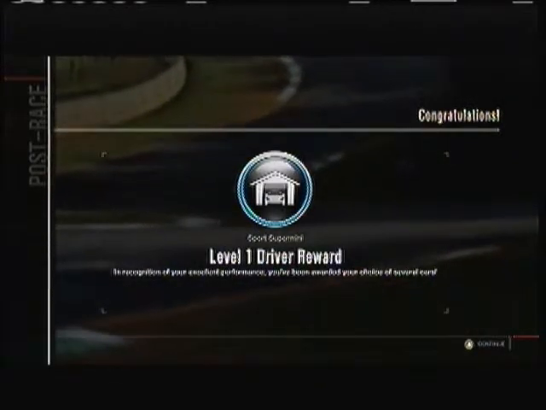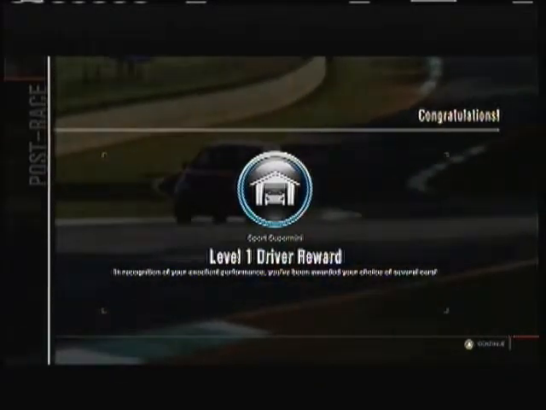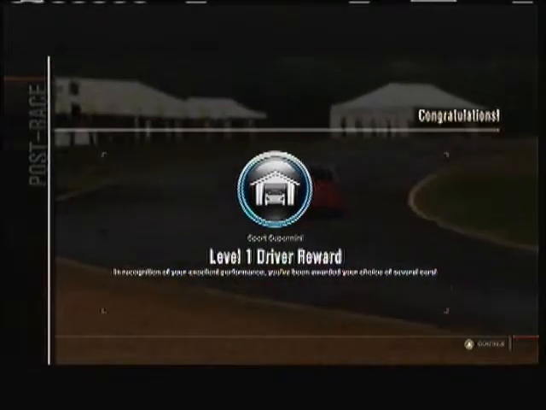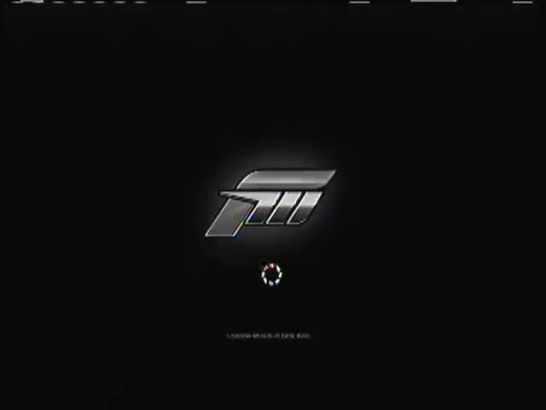First of all, you're going to get an achievement for, you missed it because it was between the breaks. You get an achievement for leveling up, which is awesome. Then they're going to give you guys a choice of options of cars to get. And each time you level up...